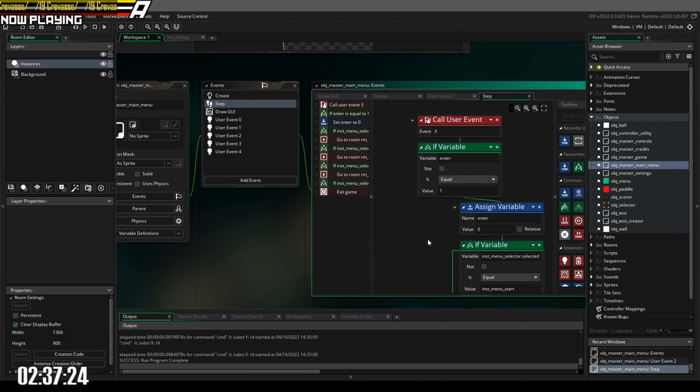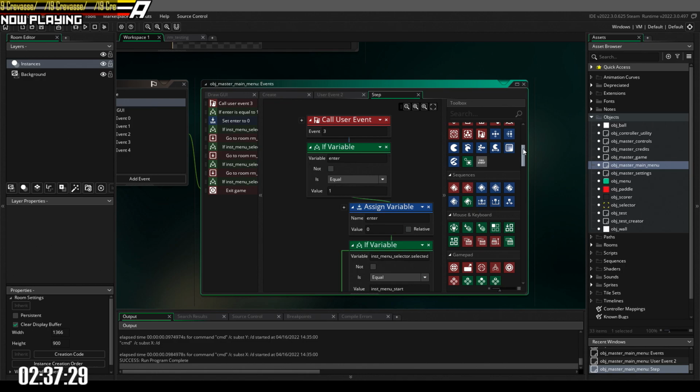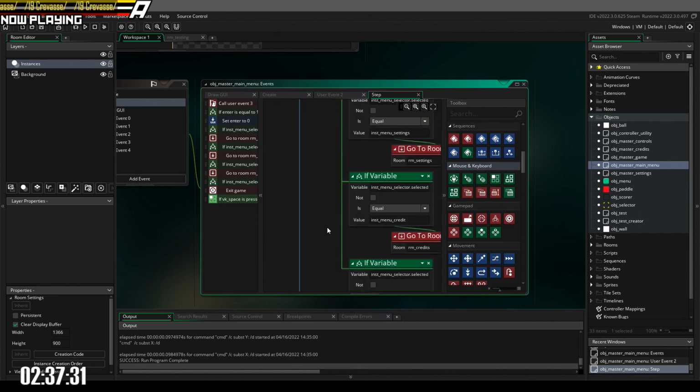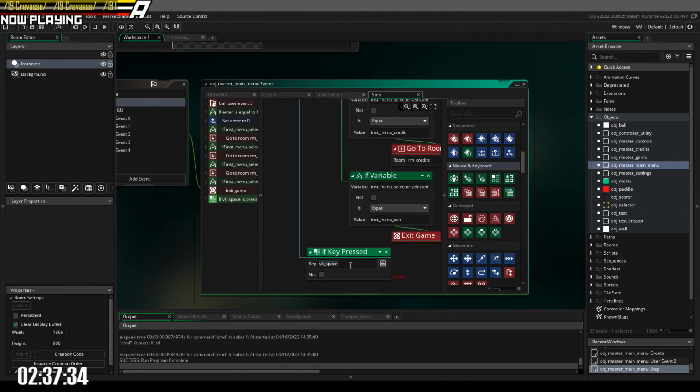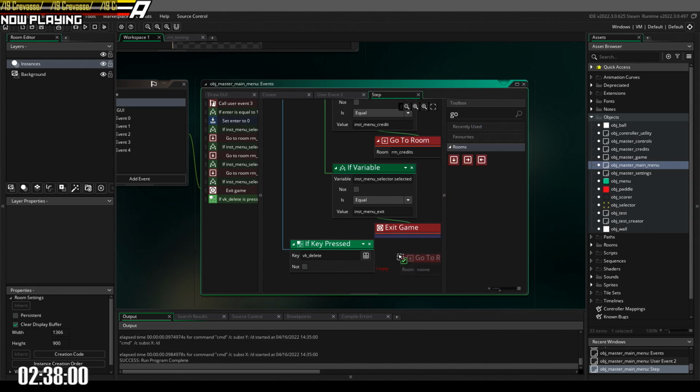How do I do this? If, let's see, how about if key pressed? This is a secret only known to you and me. Let's do control. Wait, I don't know if it's left control. No, I can do a better one. How about delete? If you press delete, go to room,